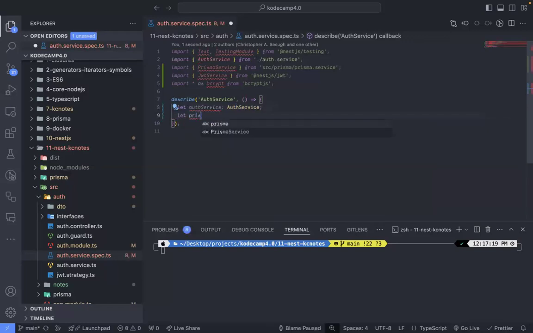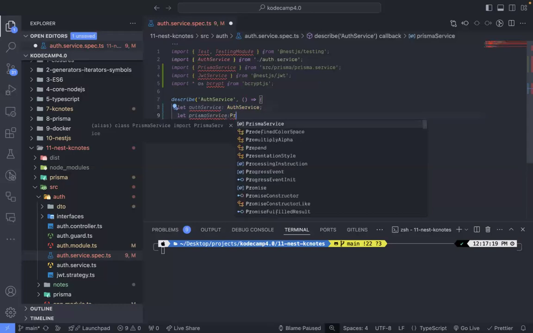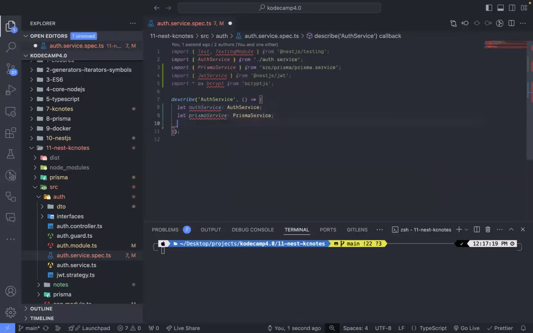Let Prisma service, which is of Prisma service, and we also have the JWT service, which is coming from the JWT service class. Okay, so right now